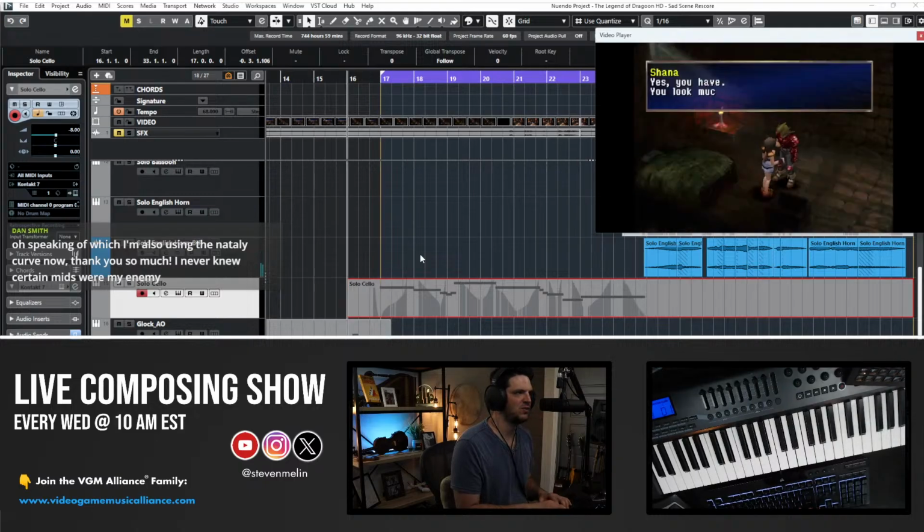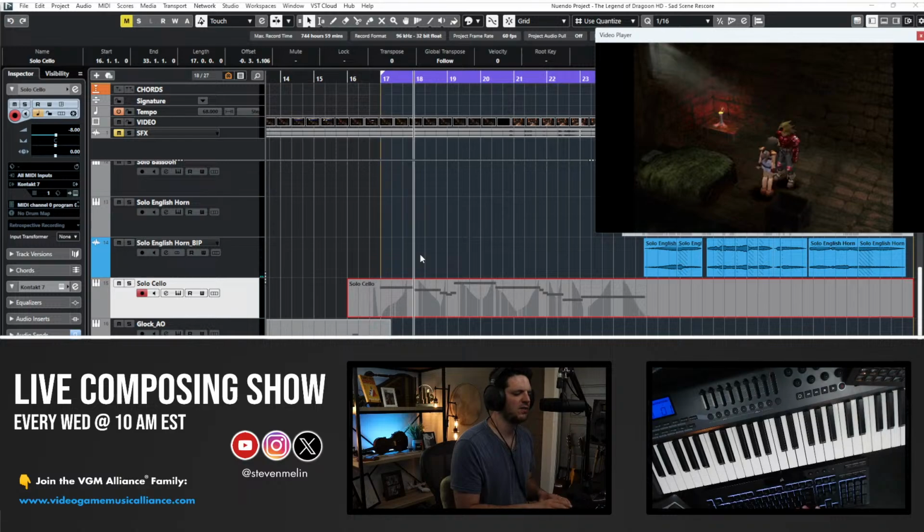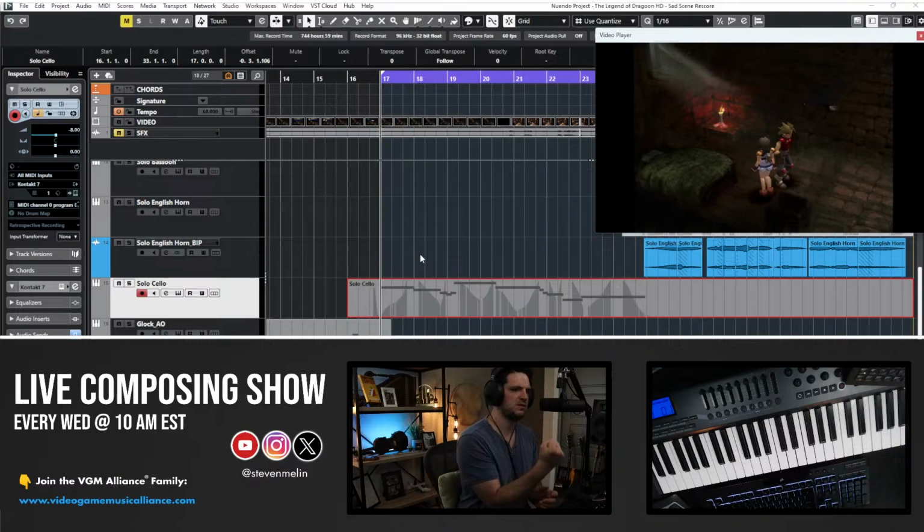Yeah, Dan, if you're going to use the Natali curve, just be careful. It can destroy a mix very fast. Anytime you're pulling mids from a mix, you can make it lifeless very fast. So if you're going to experiment with that, use it very subtly, like 1 or 2 dB.